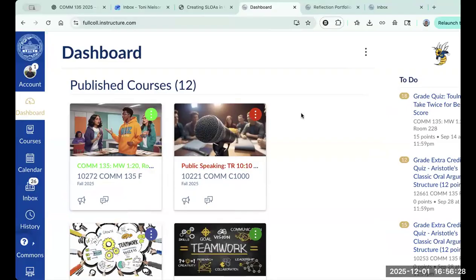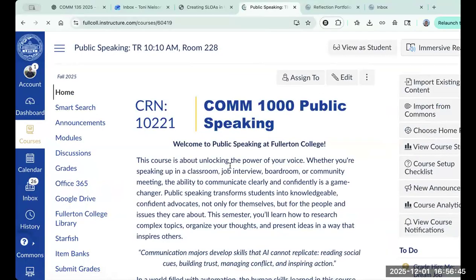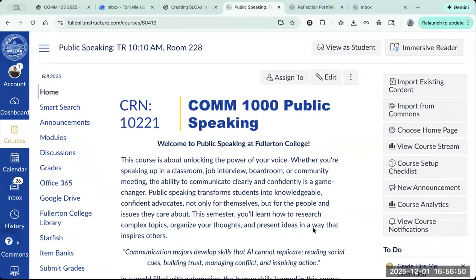All right, so here we are. This is my dashboard for Canvas. And this semester, Comm Studies is evaluating our public speaking class. That is our primary SLO. So we're going to click on my public speaking class and up pops the regular Canvas thing. Now, the first thing I need to do is make sure that my SLO assessment rubric exists in Canvas,